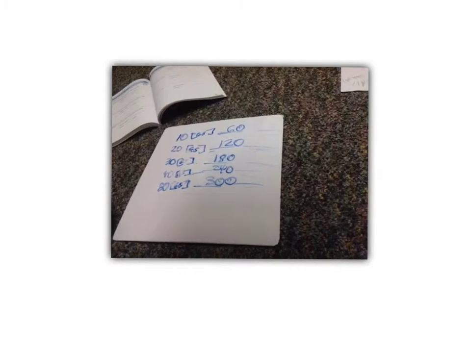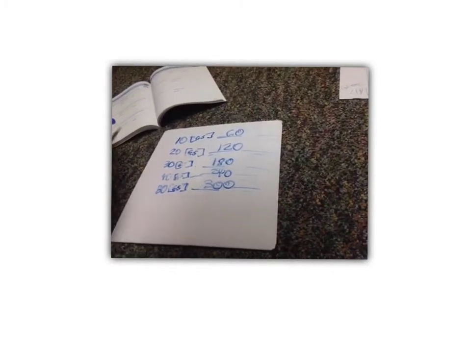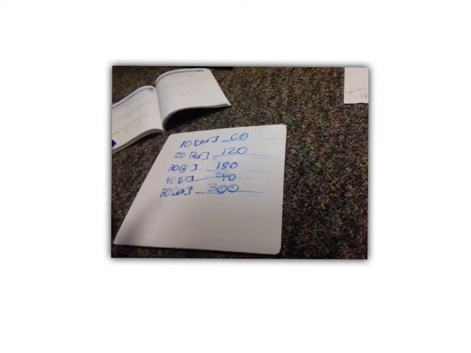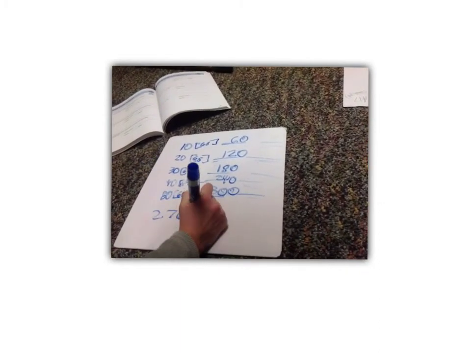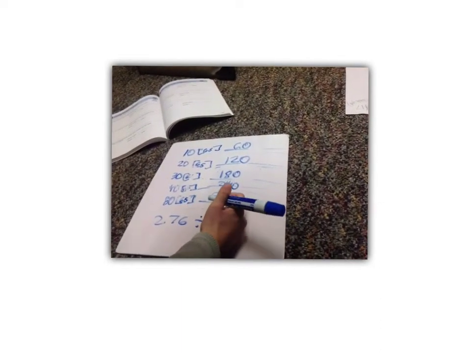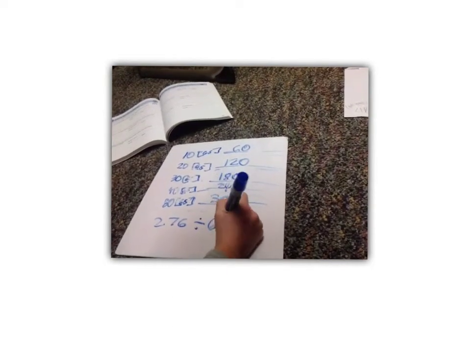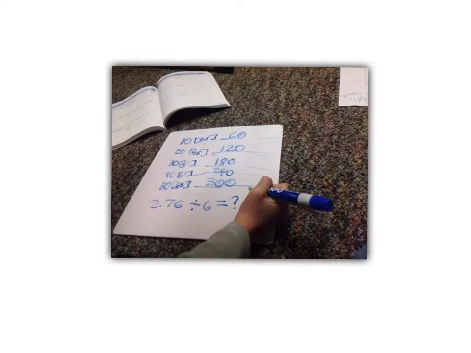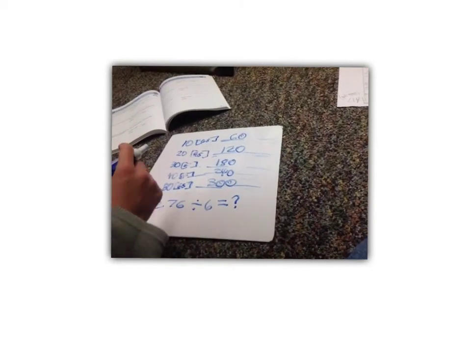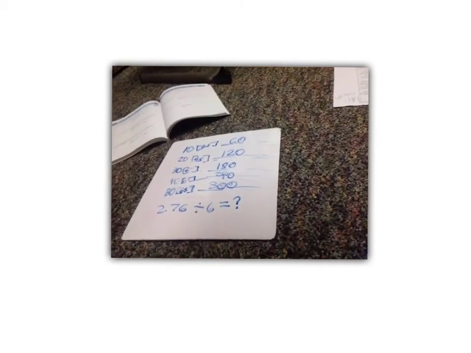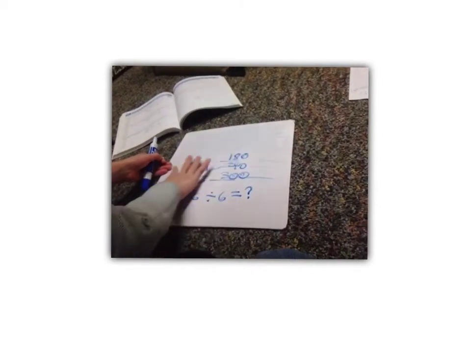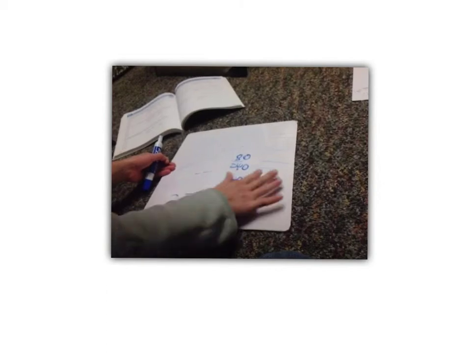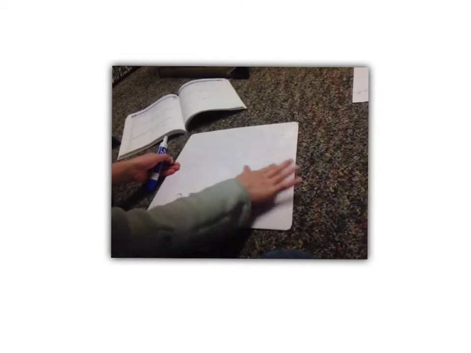So let's think. Since there's 276 cans of soda, and how many 6-packs is that, we do 276 divided by 6 equals question mark, because we don't know it yet. And so I'm going to have to erase this because we know our room. But so now we think, well,